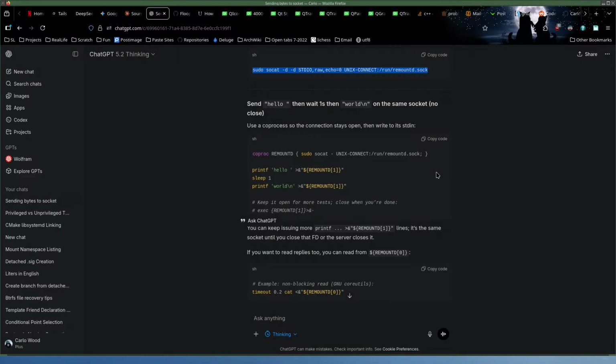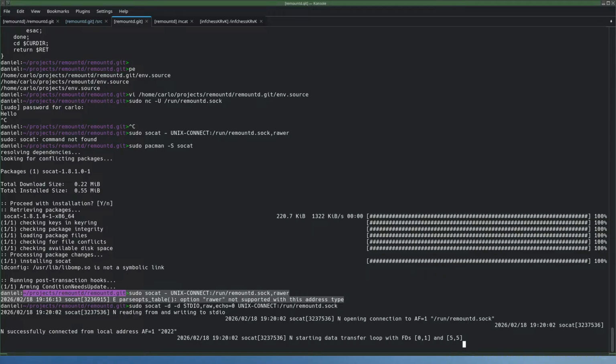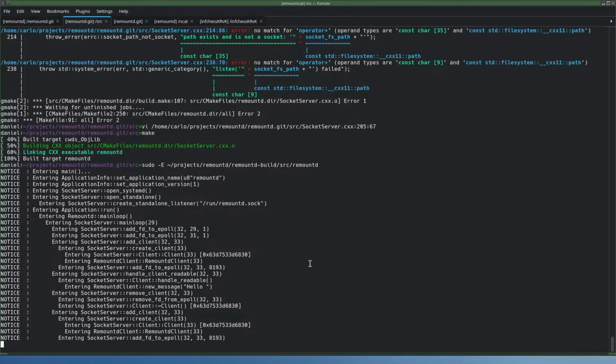Why would that work? Okay, the previous one was closed, and we open a new one, again on file descriptor 33.